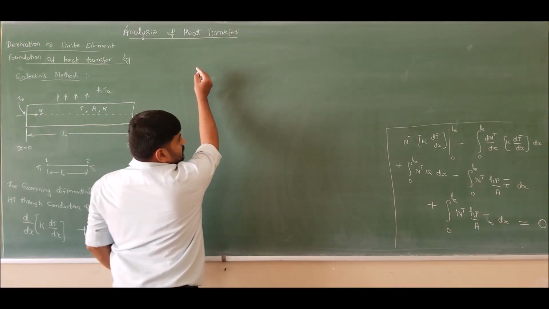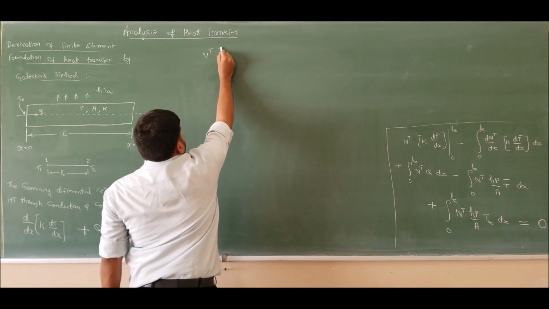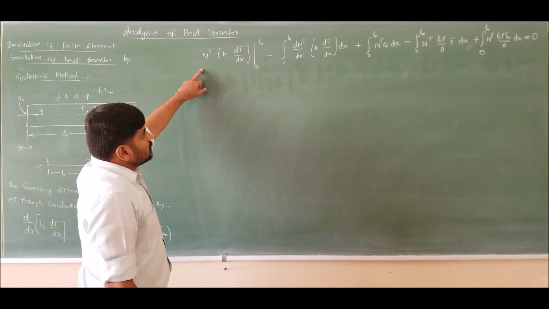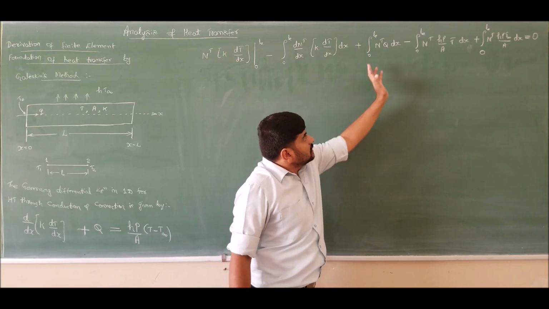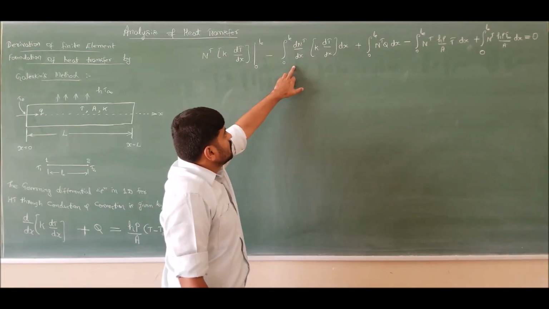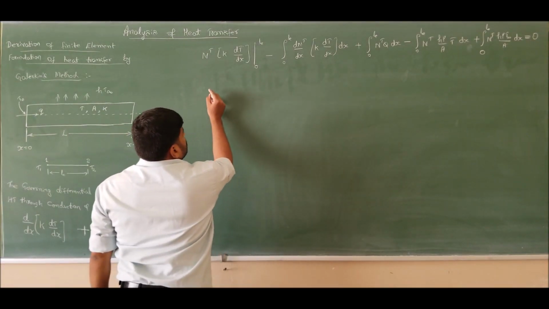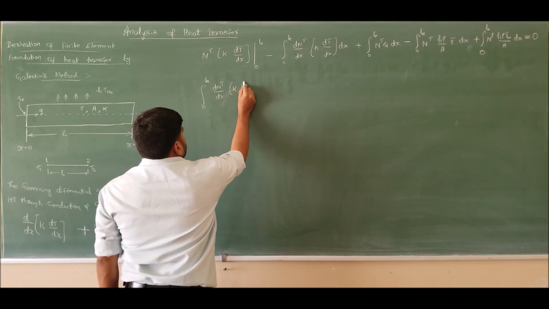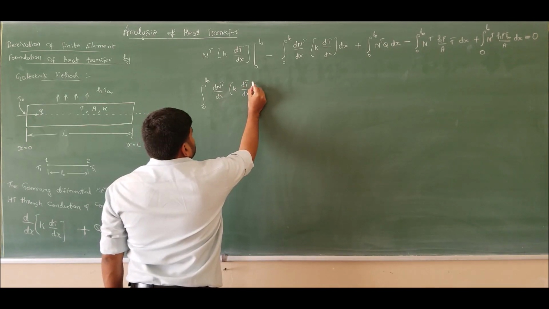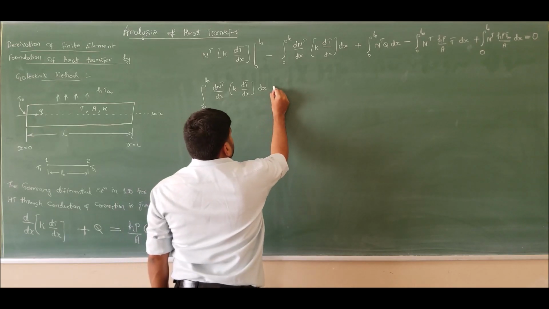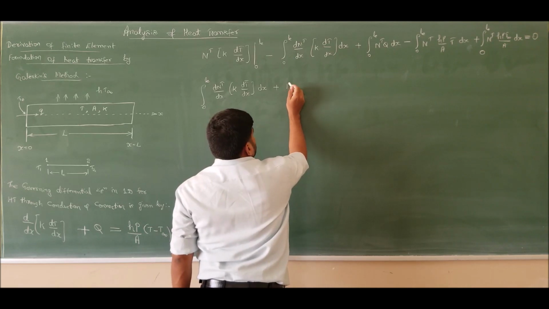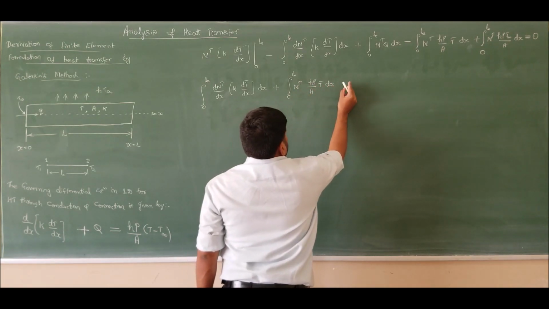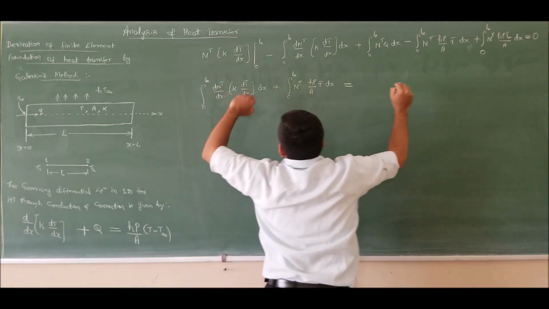making note of the equation for further simplification, I have N transpose of k dT prime by dx, limit is from 0 to length of the element. Now taking the negative terms to one side and positive terms to one side, if I rearrange the terms, these two terms are negative, so therefore I have integral from 0 to length of the element dN transpose by dx of k dT prime by dx into dx plus this term, that is integral from 0 to length of the element N transpose hP by A T prime dx will be equal to these two plus the last term, that is